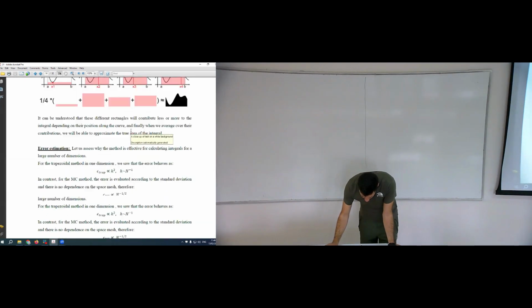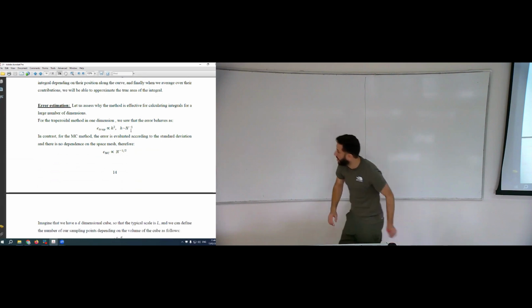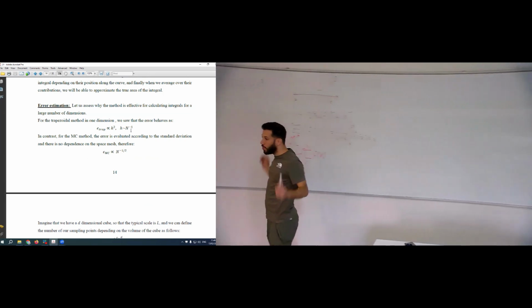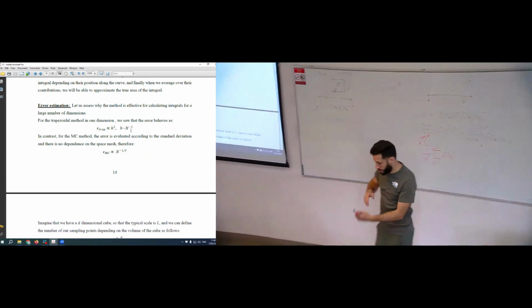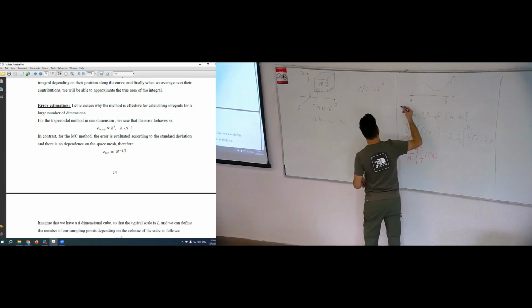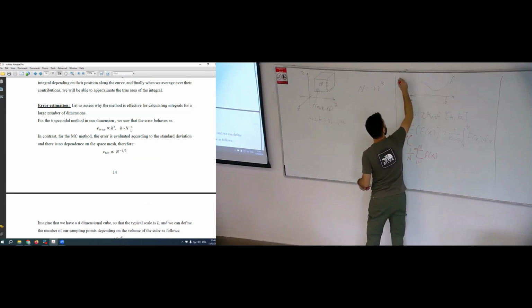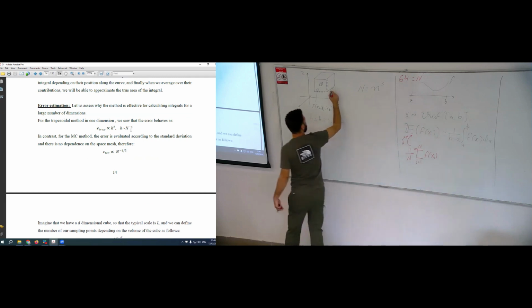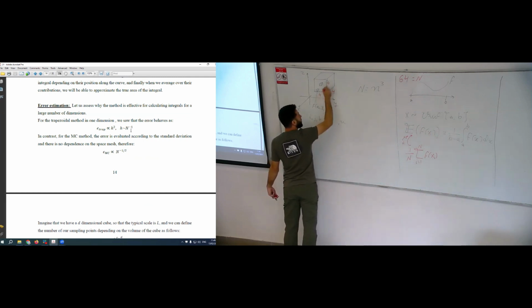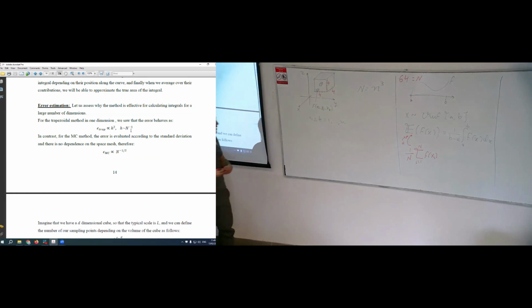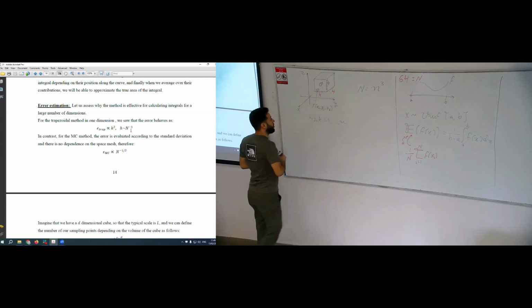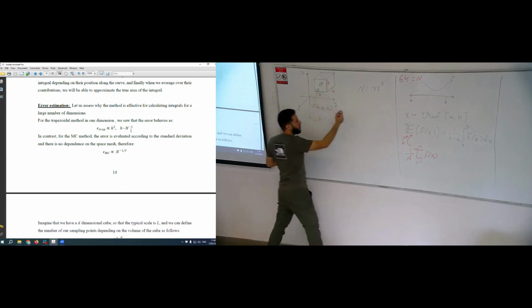So now let's compare. For example, if I want to use the trapezoidal method, let's say I want to sample 64 points. So I can sample for this problem. If I want to sample 64 points, I have to sample here 4 in this axis, 4 in this axis, 4 in this axis. Here I have to make this segmentation. Okay. And therefore H here